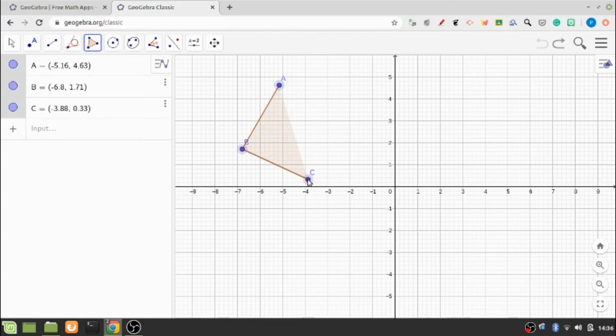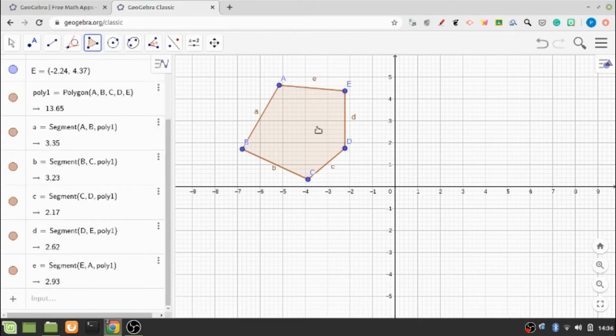Then I click on point C. So if I wish to make it a triangle, I can go back to point A and a triangle will be generated, but I don't want to make it a triangle, so let me create another point D. Then again let's say I want to make it a pentagon, so after clicking on the fifth point, which is E, I again click on the point A, and you see that a pentagon has been generated like this.